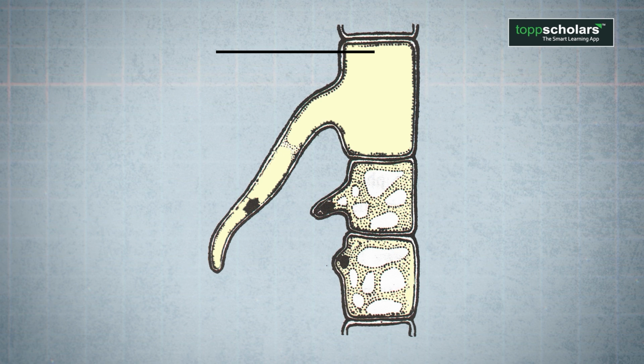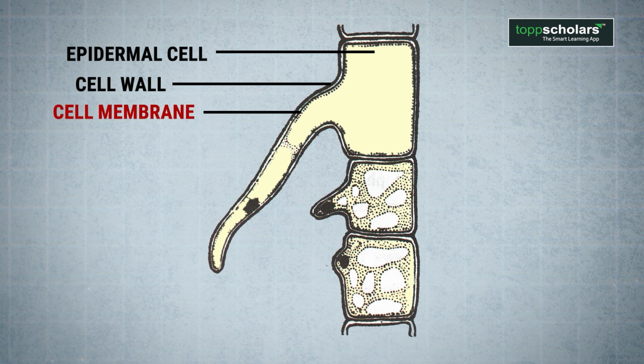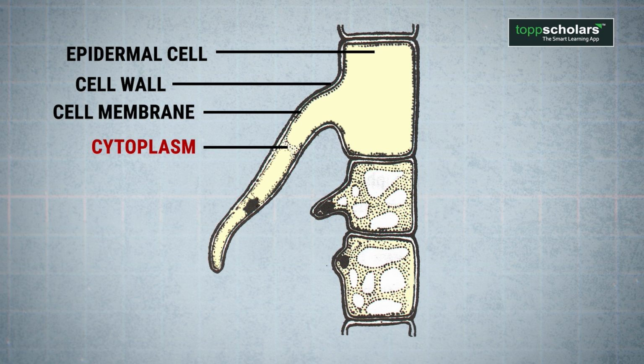First part in a root hair is 1. Root epidermal cells produce root hairs, and then 2. These cells are enclosed by a cell wall. Then 3. They have a cell membrane which helps in permeability. 4. Next come the matrix known as cytoplasm, and it contains organelles such as 5. Vacuole maintains pressure, and lastly we can see 6.